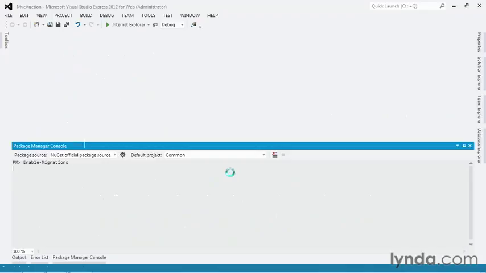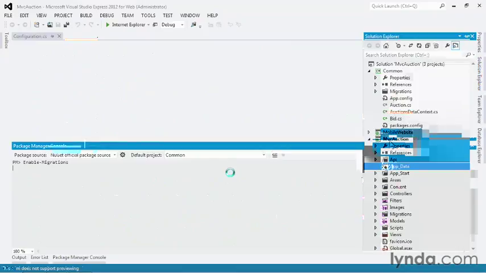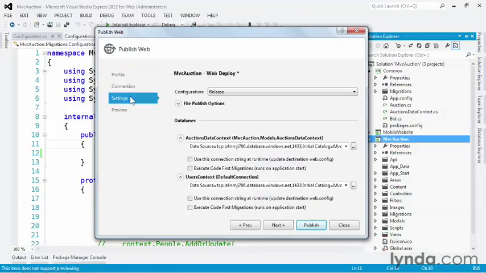Migrations for this context as well. When you're all ready, recompile your site to make sure that everything still works. Then open up the Publish wizard again and navigate to the database settings. This time, we can choose the Execute Code First Migrations option to have the publishing tool generate our databases during